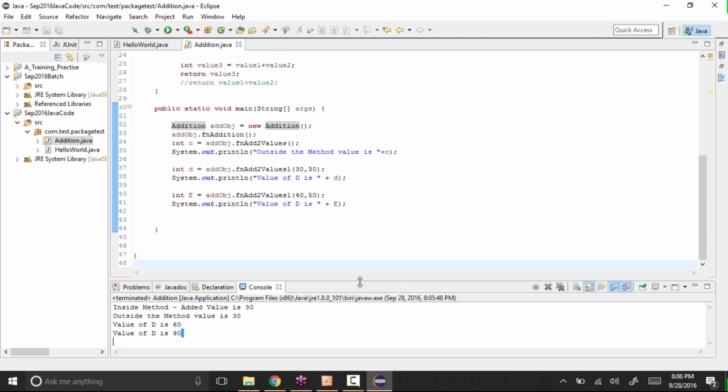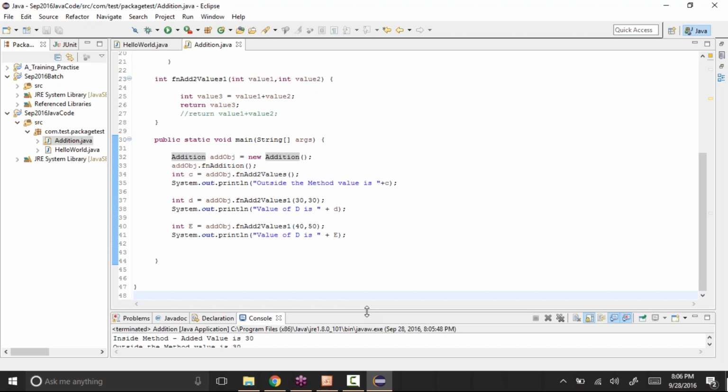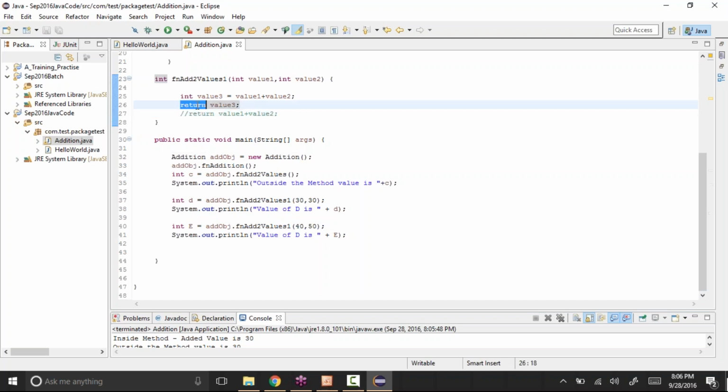So with the help of the input parameters, the code is the same, but the data that you are passing is different, and the code behaves differently based on what data you are passing. Okay, so that's what input parameters are. And in the same way, let's say you want to return multiple values. We saw how to return a value; we are able to return one value from that method to outside the method. In case you have multiple values that you want to return, we cannot use the return statement. Instead, what we need to do is use output parameters.